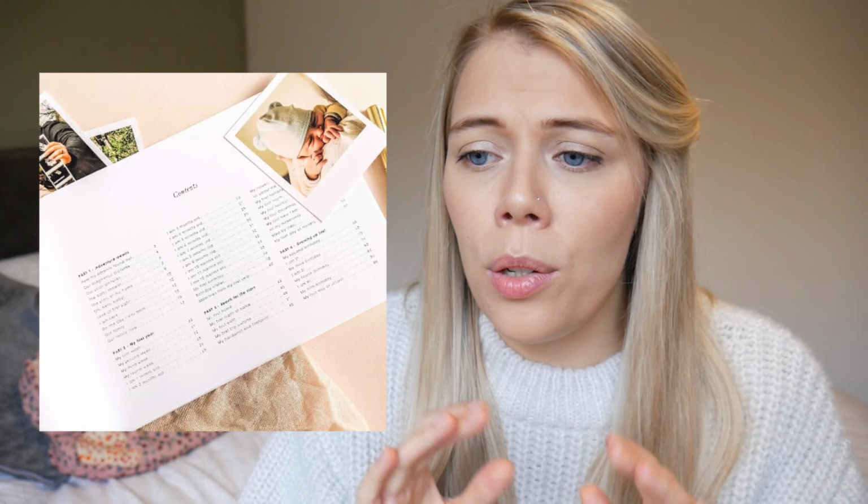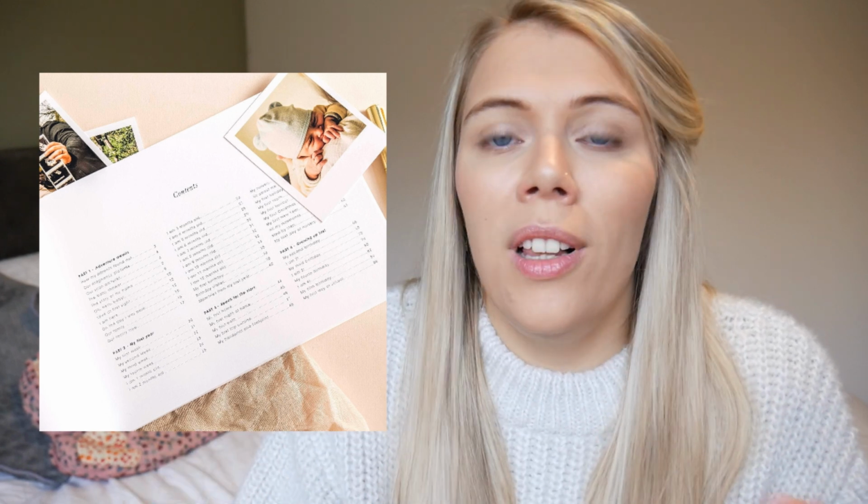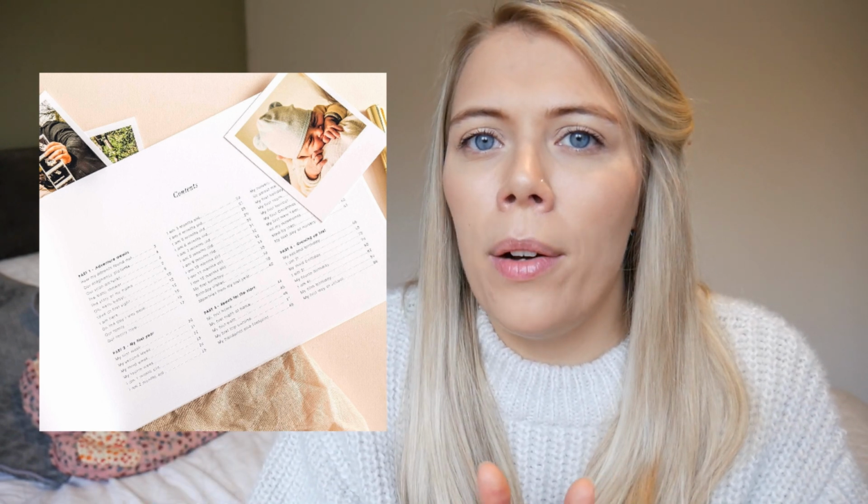Next up we have a gift again that I don't have because I've just given it to my friend, and it's a baby journal or a pregnancy journal. I'll put a picture here. I did a lot of research on this before I found one that I really loved, because I know that it's something that my friend will keep forever. She's a lover of journaling and all that kind of stuff, so I wanted it to be a really special, really beautifully crafted one. It's hardback, the cover has slight shiny embellishments on it, and all of the bits inside, the things that you can write under, are just wonderful and really useful in the amount of space and